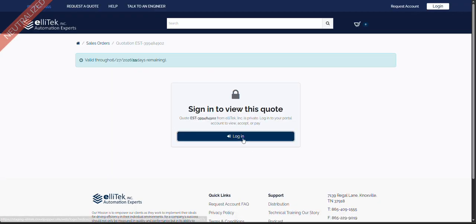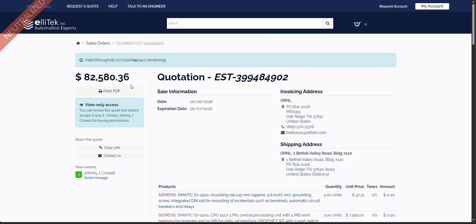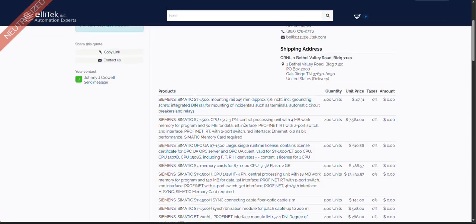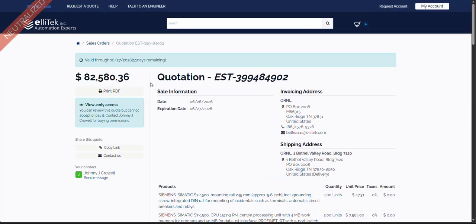So what I'm going to do is log in as a viewer. Let's say you gave them viewer access and they created an account. This is what this will look like. They'll be able to view all of the details, but they will not be able to pay it, and they will not be able to sign it or reject or revise the quote. If they are a buyer, however, so if they would like to share this with a buyer,